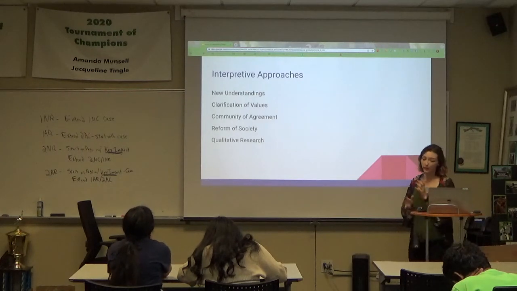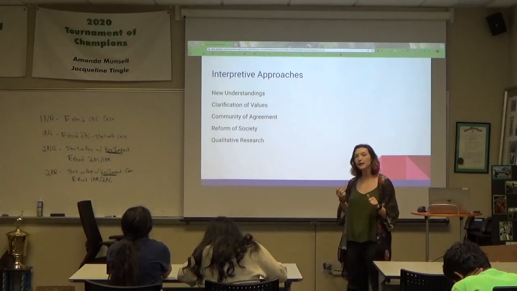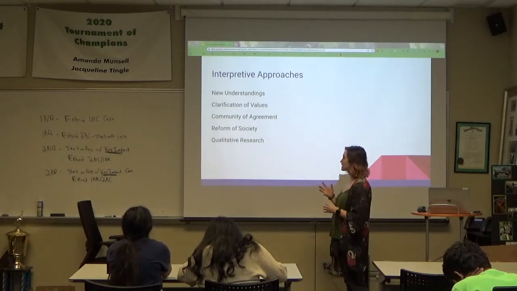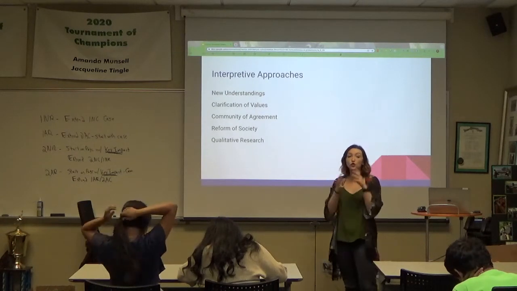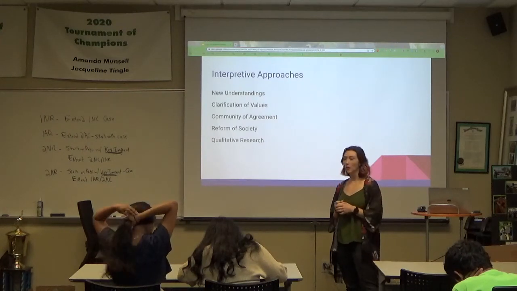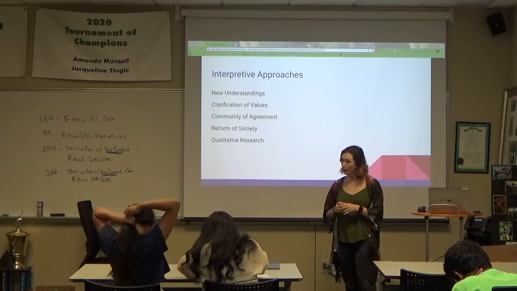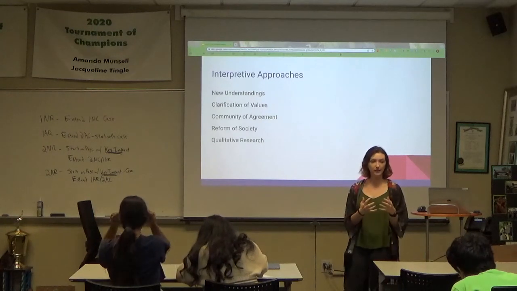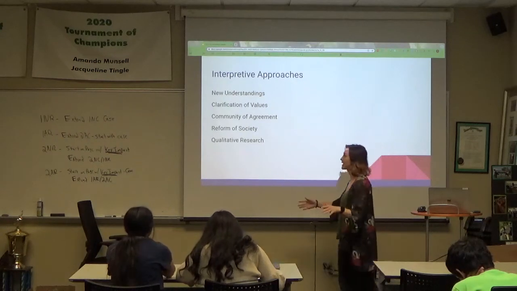All right, so interpretive approaches. Again, not to be understood as a complete opposite thing necessarily, but just some differences that we need to understand. So the goal of interpretive approaches is usually to give us a new understanding of something. So yes, we can interpret this data one way, but it's probably a more complicated picture than that. So what kind of new interpretations of this data can we get in order to help us better understand how international relations functions as a whole?